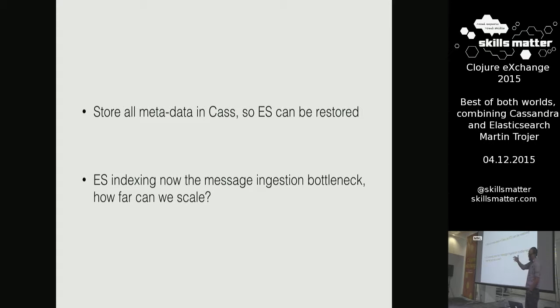So the idea is that you keep all the information. You still treat Cassandra as a golden store, basically. And all the metadata that you need to build up in these Elasticsearch documents, you actually keep there. And since we're using time UIDs, you can still query and slice the time series data in Cassandra. So that means you can restore if something happens.